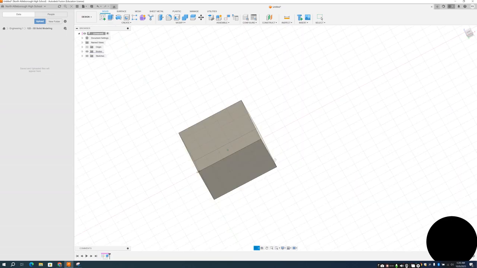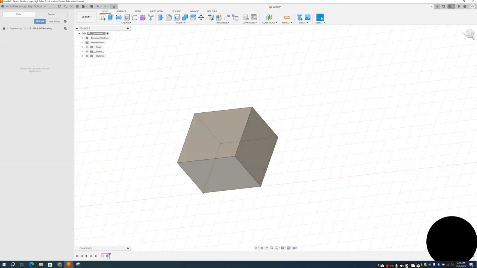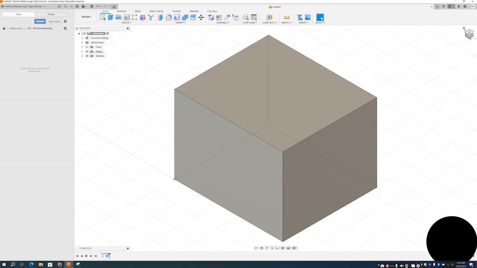And now you'll see I'll orbit around in 3 dimensions, and I have a rectangle. Go back to my home view by clicking the home icon in the navigation cube. The next thing that I'm going to do is add the distinctive features of Swiss cheese, which are holes. So I'm going to open a sketch on each one of the faces, the top, the front, and the right of this rectangular prism that I created. Start with the top,